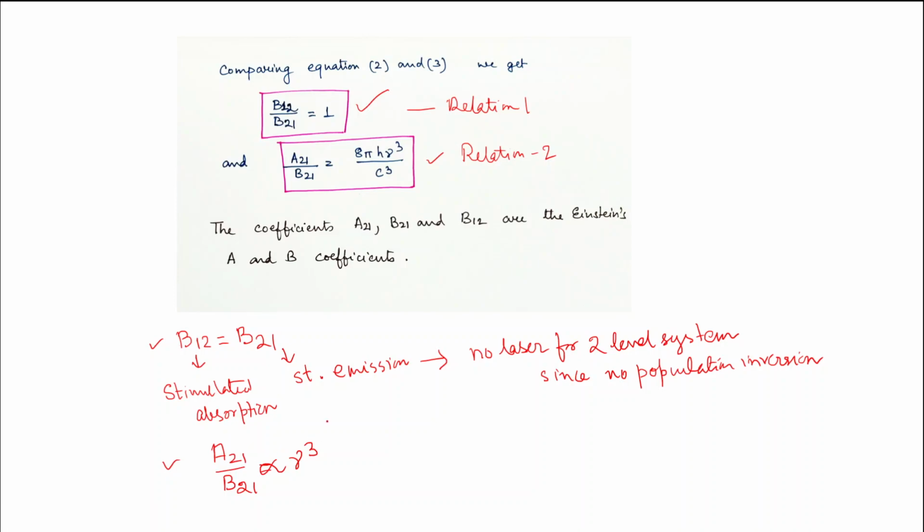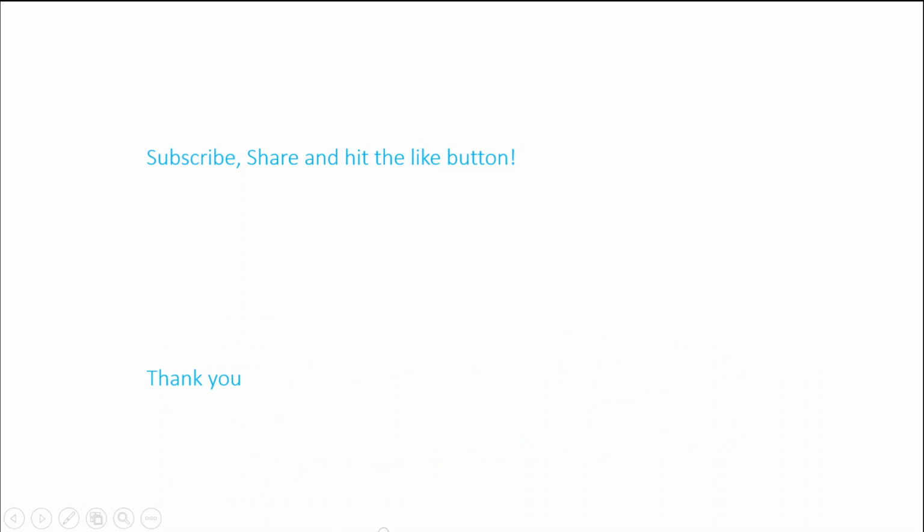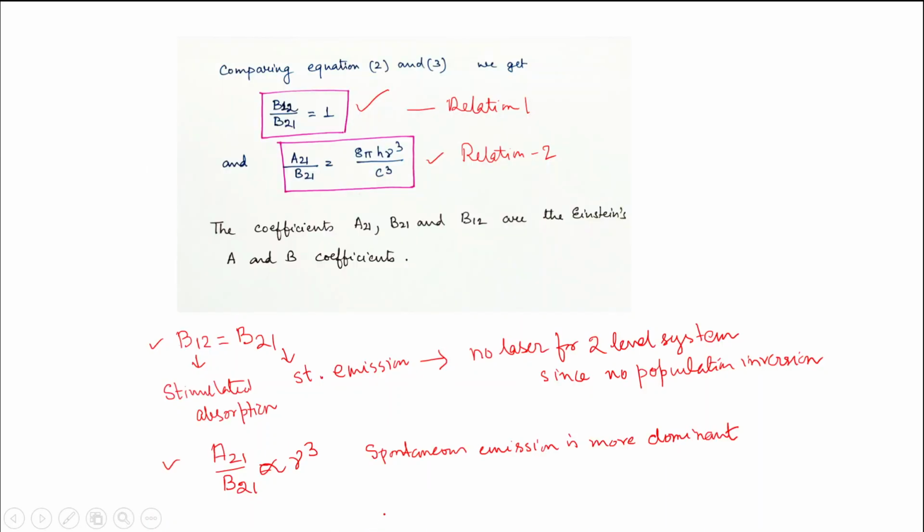So spontaneous emission is more dominant